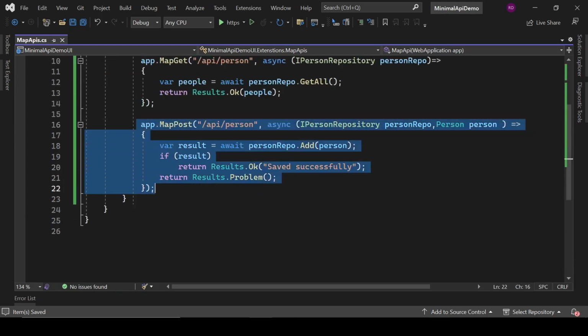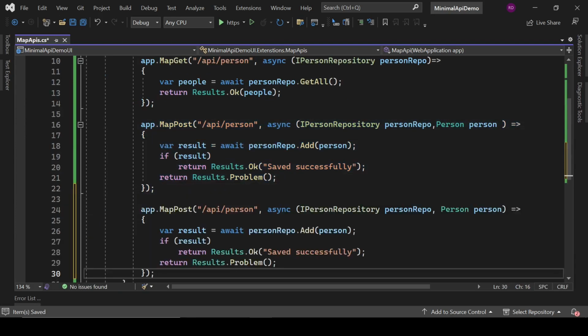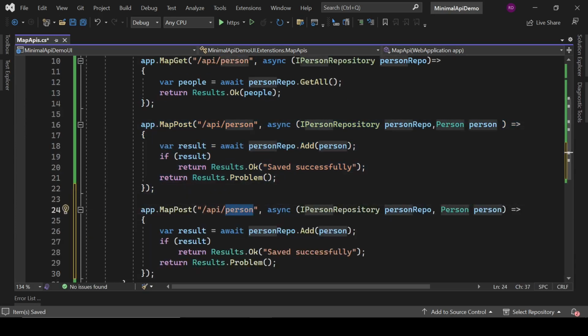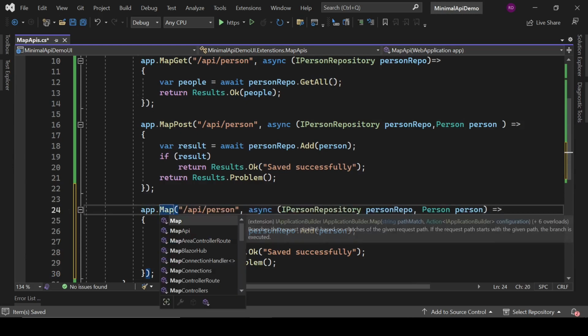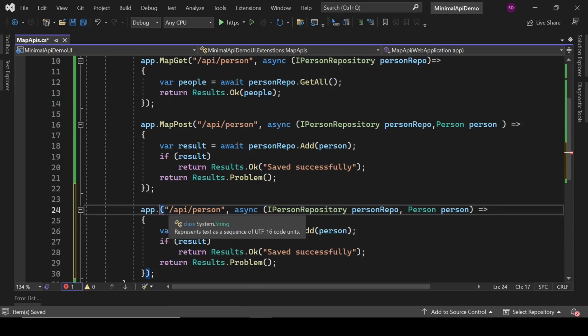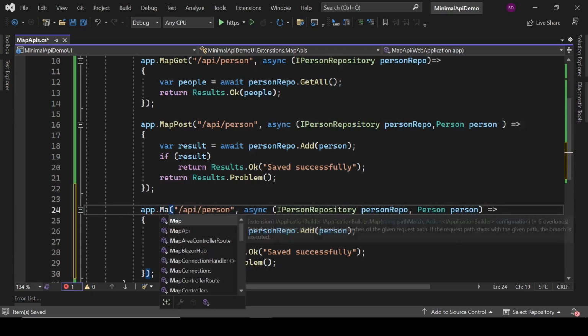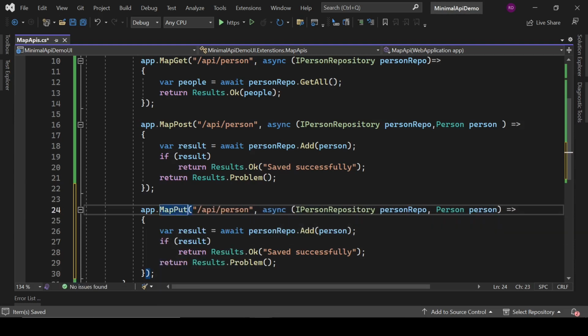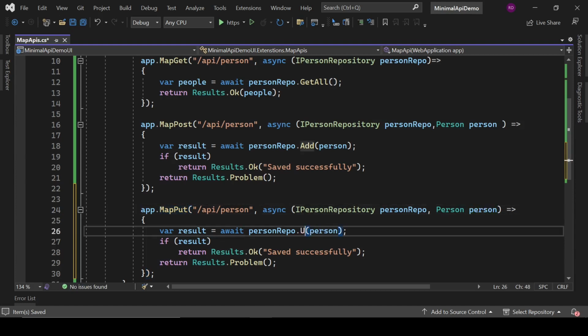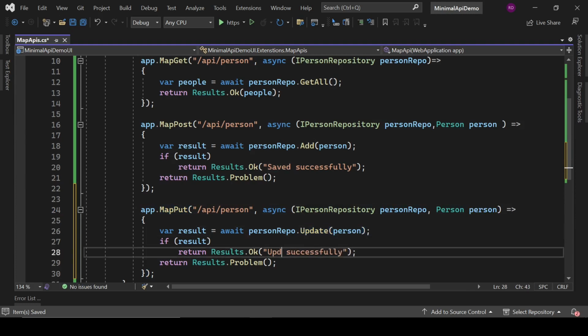Now we will do the same for the post method. It will be, but it will be a put. Sorry, we will have the same functionality for the update method, but it will be map put. That's it. It will be same, but rather than this it will be an update, and here we will change